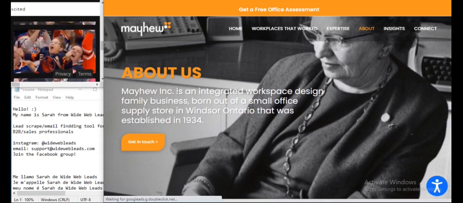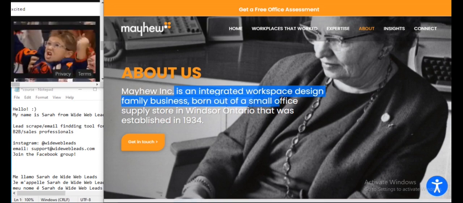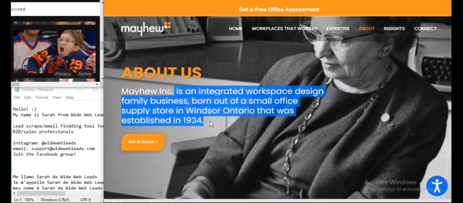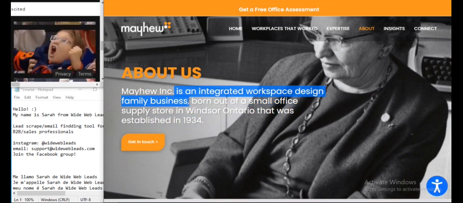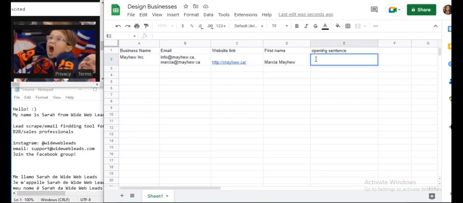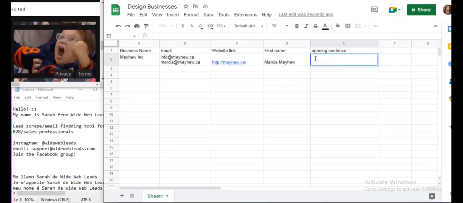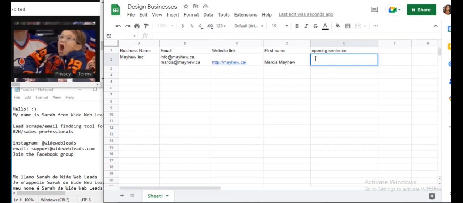Okay, so we know that they are an integrated workspace design family business born out of a small Ontario town in 1934. So I'm going to go with workspace design family business. My opening sentence will be included in the message that I send out.